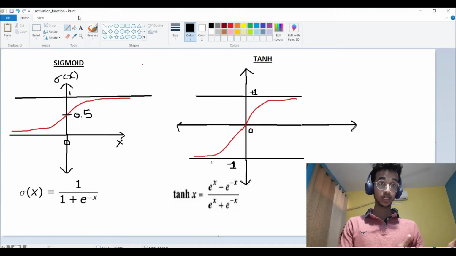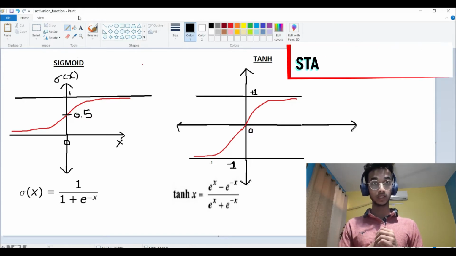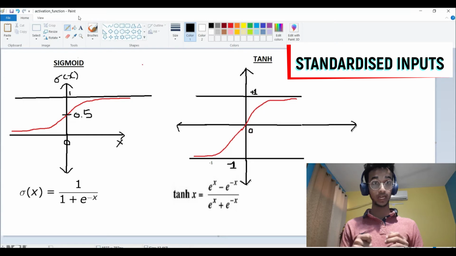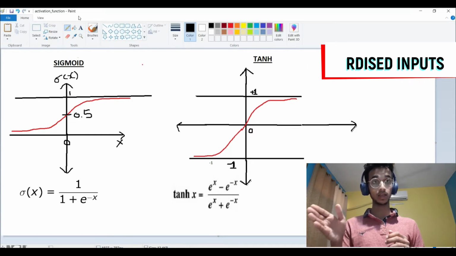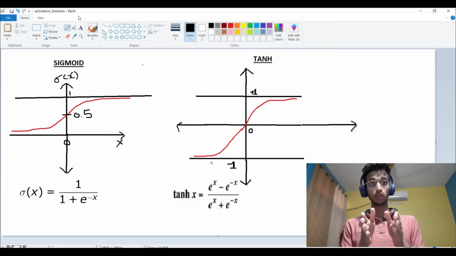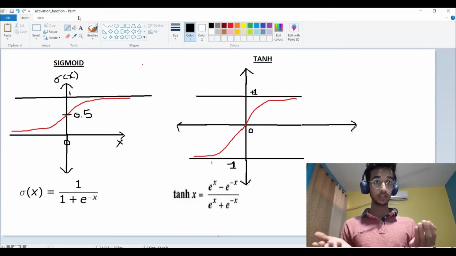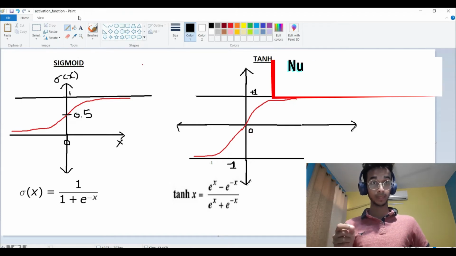Now the next function that we use is Tanh. Why do we use a different function? It is because in neural networks it is convention, or normally preferred, to get all your inputs standardized. What I mean by that is you might have one input which is in the range of thousands and lakhs and crores, and you might have one input which is in the range of 0 to 10 or 1 to 100, right? So we don't want such a difference in the ranges, so we standardize them so that all inputs